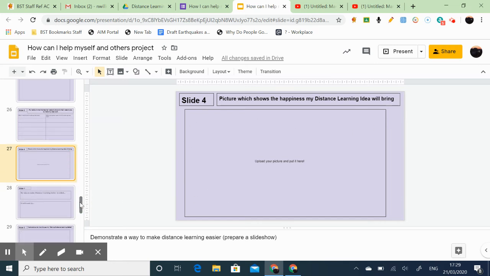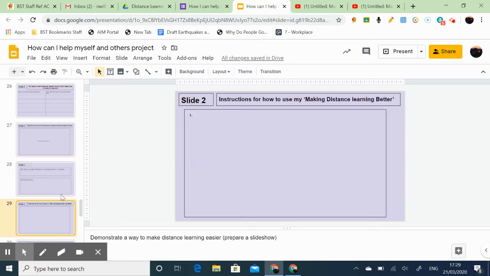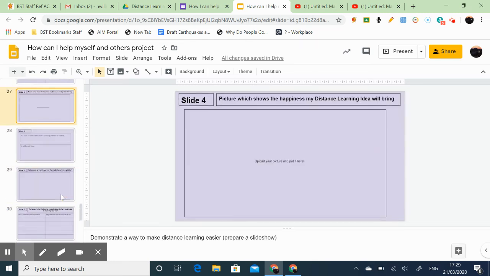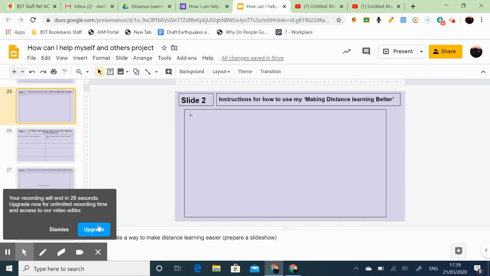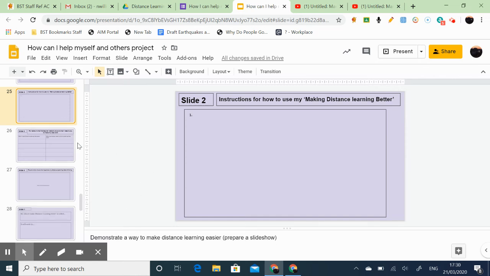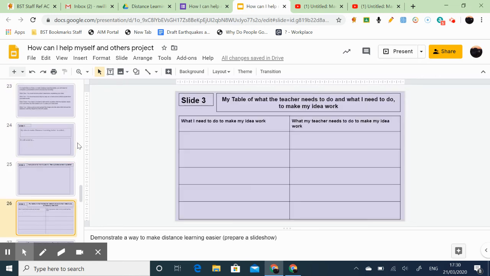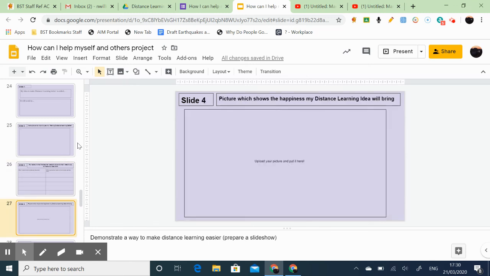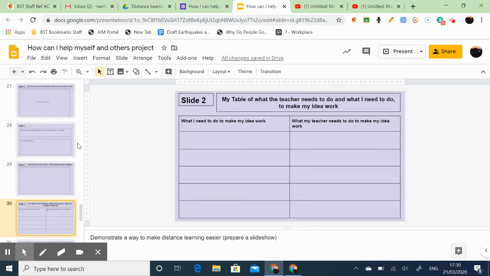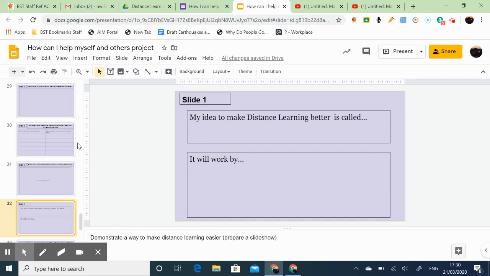So that's slide 4. Now, notice underneath here, there is another slide 1, 2, 3, 4, because you might have different ideas. And if you do have different ideas, on one of the days when you're doing the project, you might do this. However, on one day you might only get these 2 slides filled in, and then you might decide on another day to fill these 2 slides in. However, each day you might do all 4. It's up to you. Right, okay, that's that. Can you please go and complete the question which says whether you understand it or not? Remember, every day you have to do all 3 of these when it is a